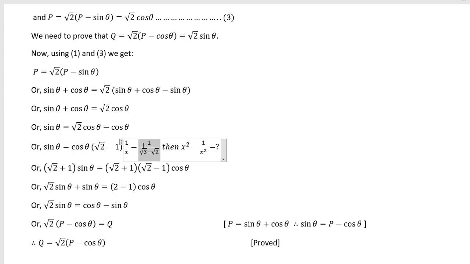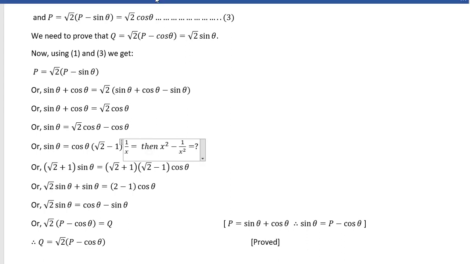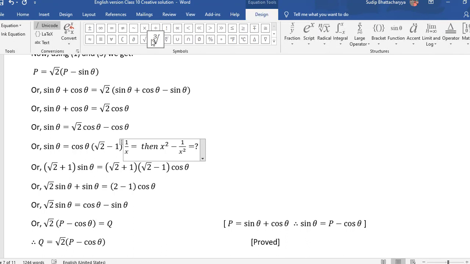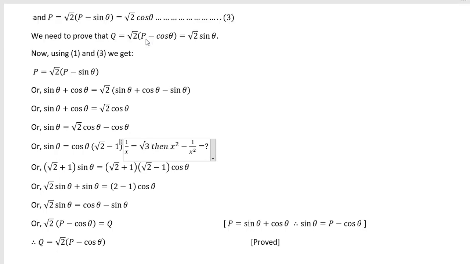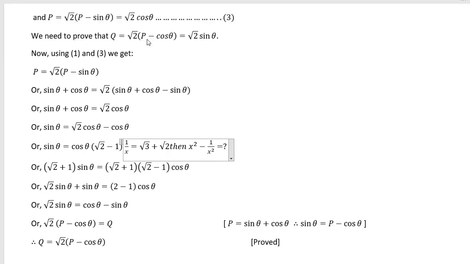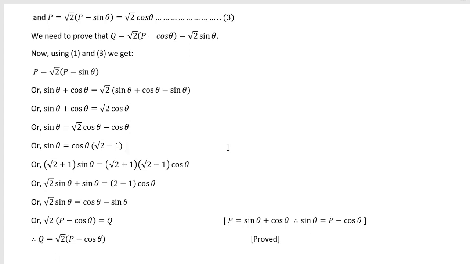at the end of the calculation you will get root 3 plus root 2, this kind of thing. So I think you have understood why we have multiplied by root 2 plus root 1 on both sides. But sometimes it is very